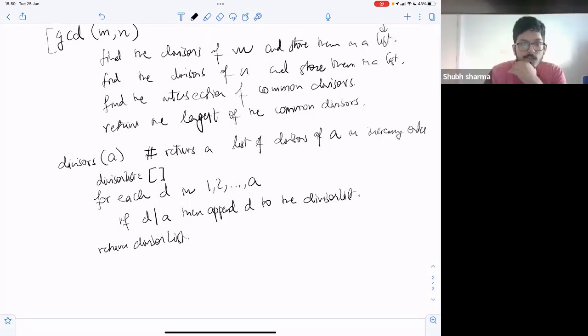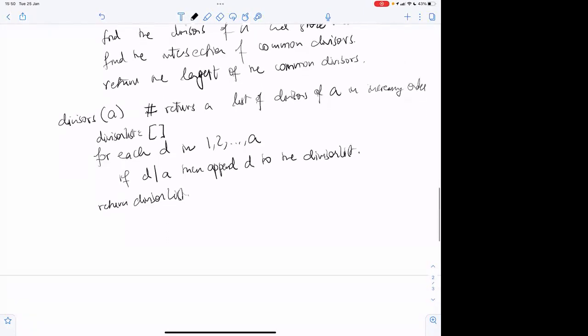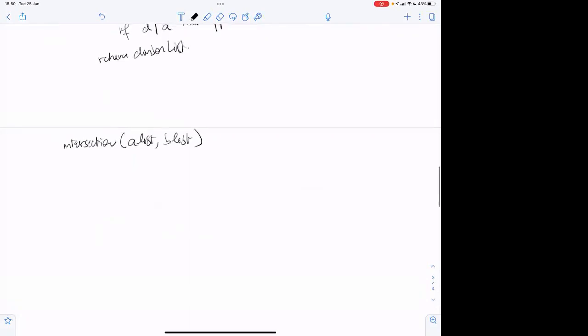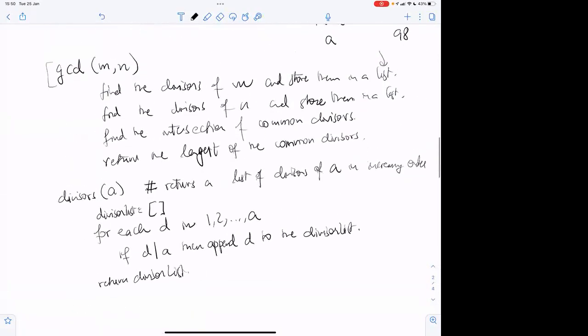Yes, sir. Okay. Now, how would you find the intersection of two lists? Recall we have done this part, and this is automatically done because whatever we do for M, we can do for N. Instead of a, we can pass M as a parameter, or N as a parameter, and we get these two.